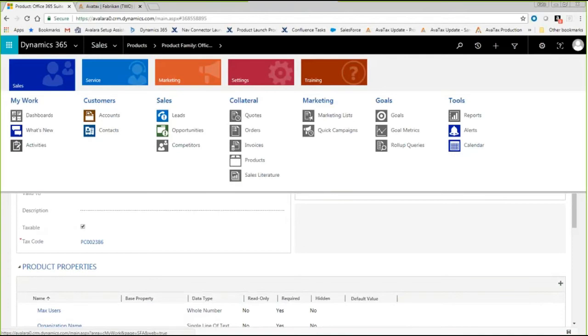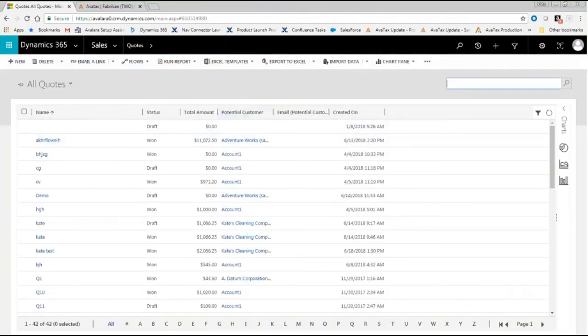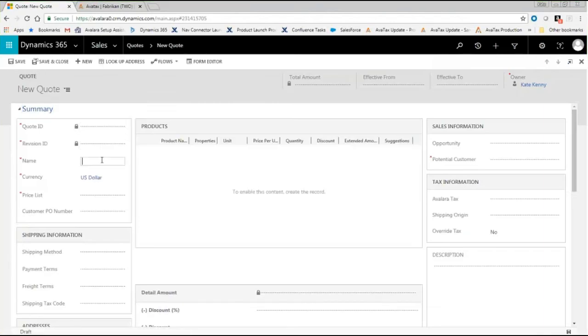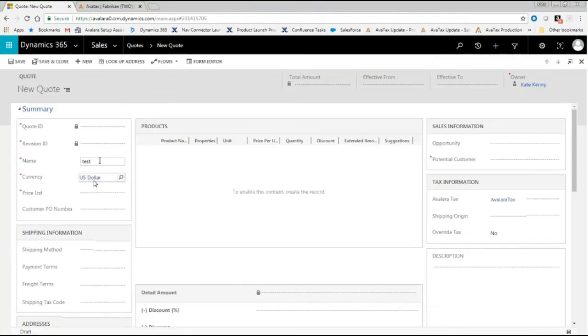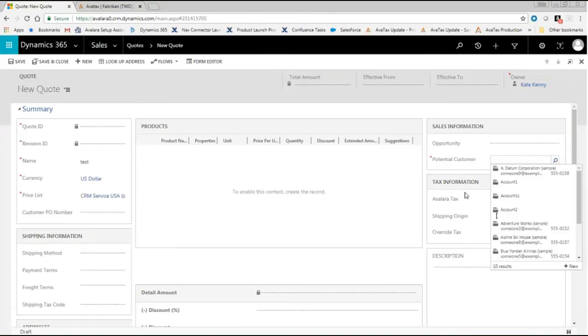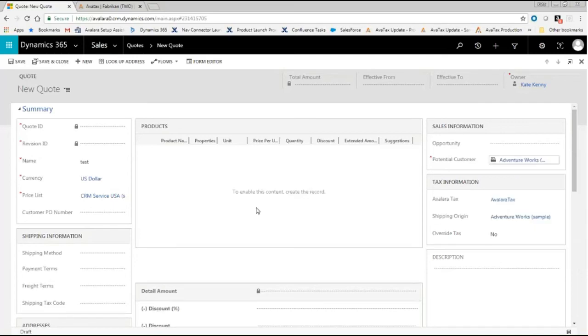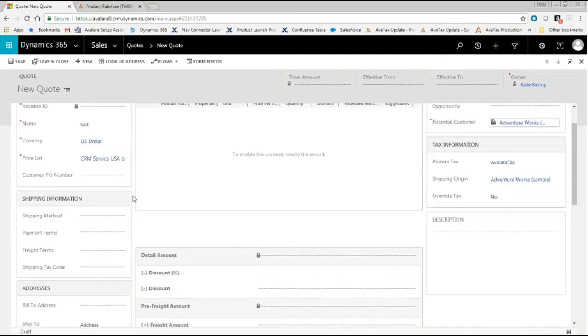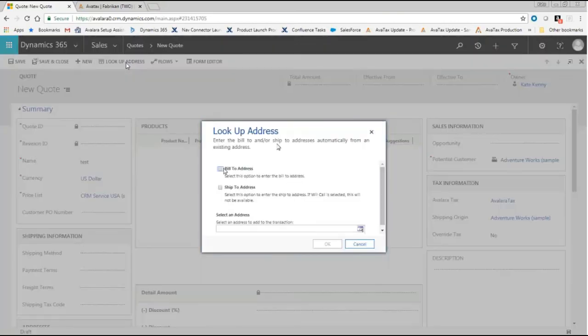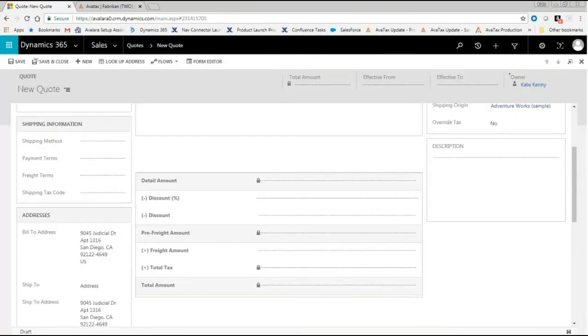So let's go ahead and enter a quote. I'm going to enter in a new quote just as I normally would. I'm going to name this quote Test, and I'm going to select my price list just like I normally would, and I'm going to select my customer, AdventureWorks. Now, you'll notice here that nothing really changes with your current business process. You still go through the same process that you would today by associating your addresses